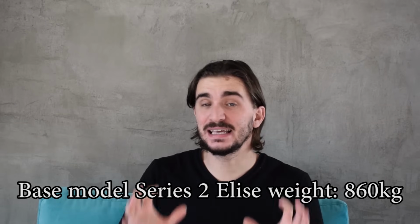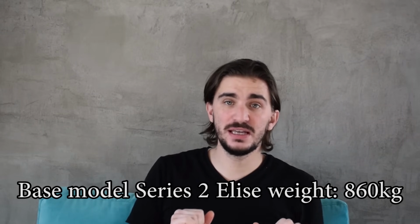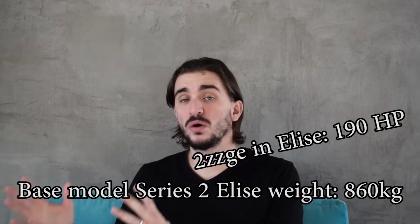in its engine bay. And the Lotus Elise is a really light car. The base model weighs around 860 kilos, and the 2ZZGE makes 190 horsepower. And as you can see, that's a deadly power to weight ratio, and the Elise is capable of embarrassing many cars on the track. But Lotus is crazy, and that wasn't enough for them, so they supercharged the 2ZZGE, and